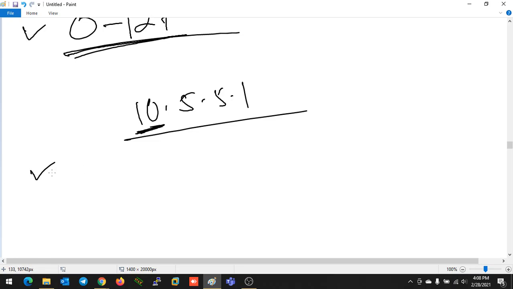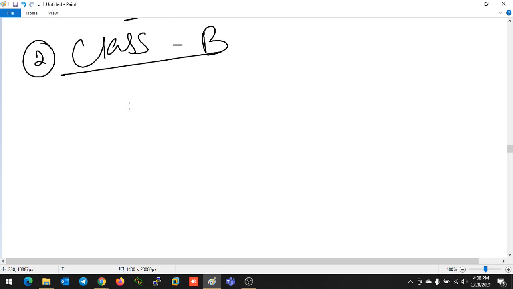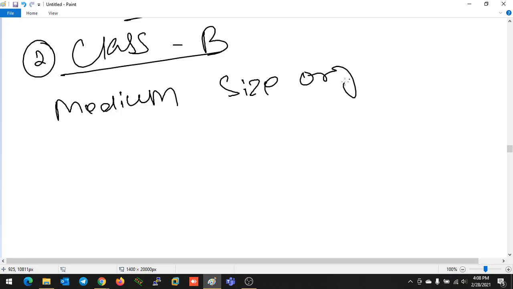Next, class B. If you have a medium-size organization, then you can use class B, for unicast purposes. The range will be according to the first octet only.